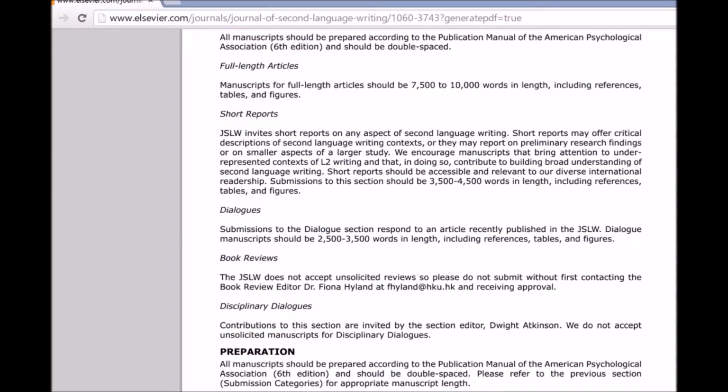There are other types of articles besides the full-length article, of course, and there are also book reviews. Most journals have book reviews. These are often assigned. Most journals don't allow you to just submit a book review. They usually ask you. Sometimes your advisor may receive a book, and normally book reviews count very little, so very few faculty really want to do them, so they give them to their grad students. It's a good chance. You get a free book. And it shows that you're interested in the publishing process and that you get your name in the journal.